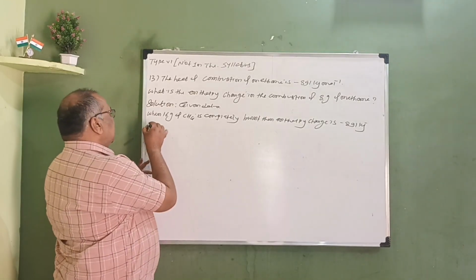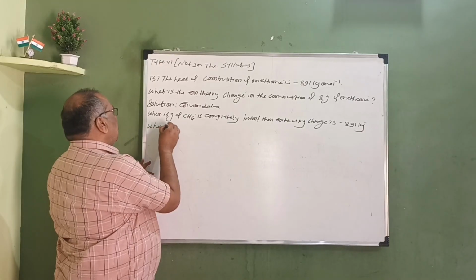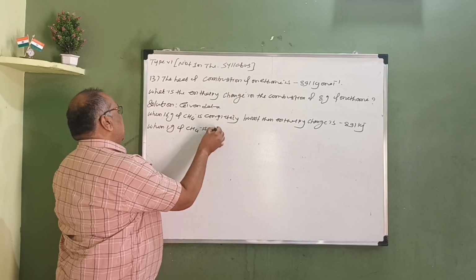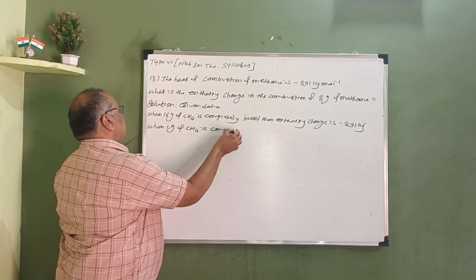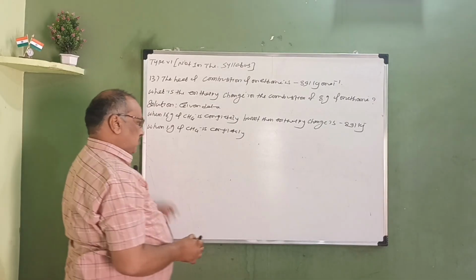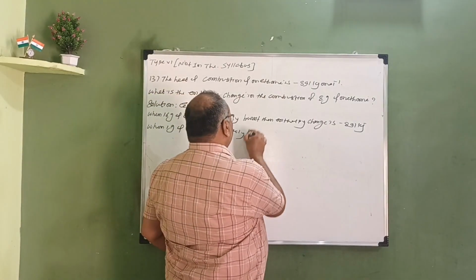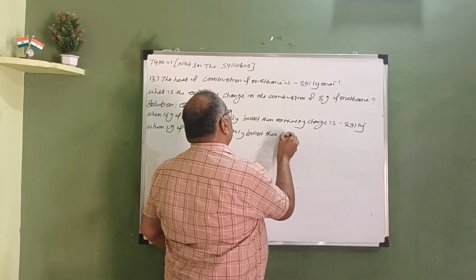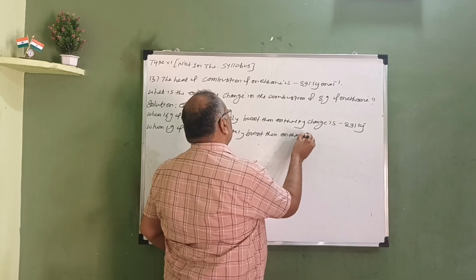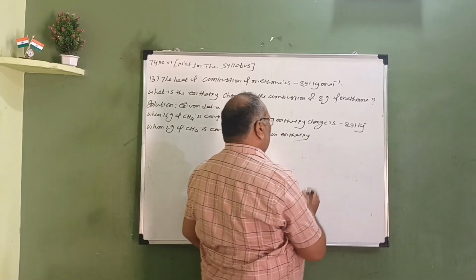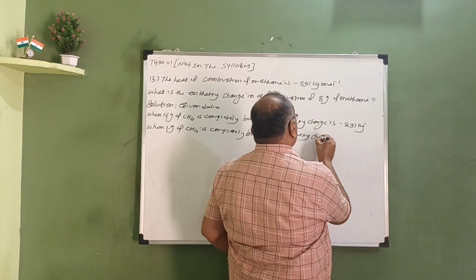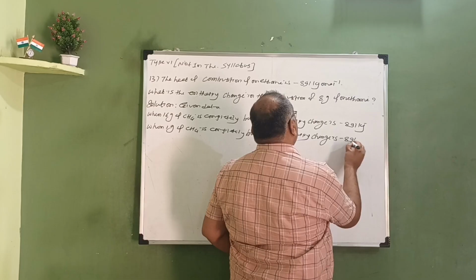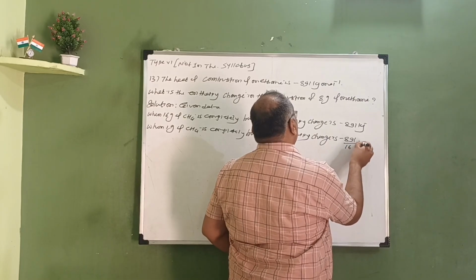Hence, when 1 gram of methane is completely burned, then enthalpy change is minus 891 upon 16 kilojoule,